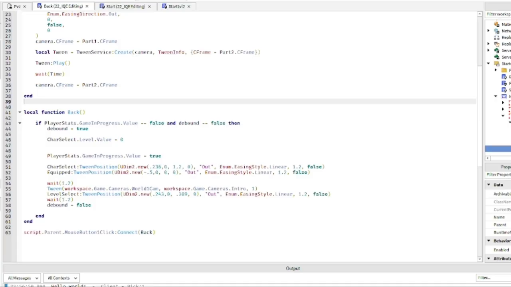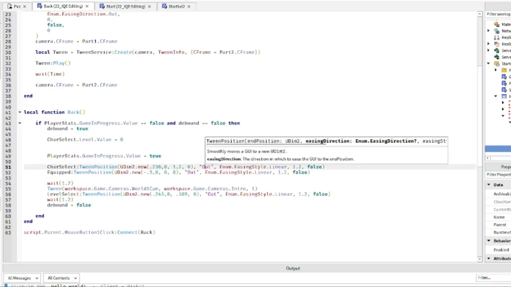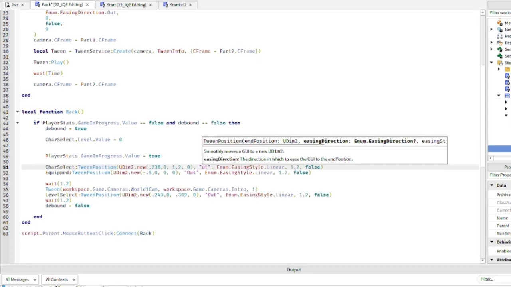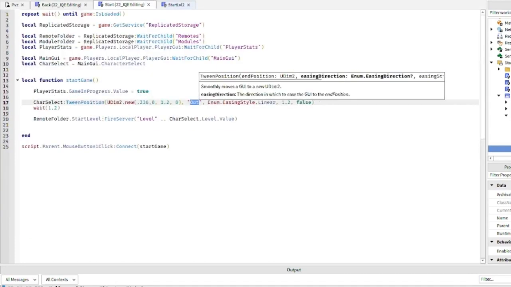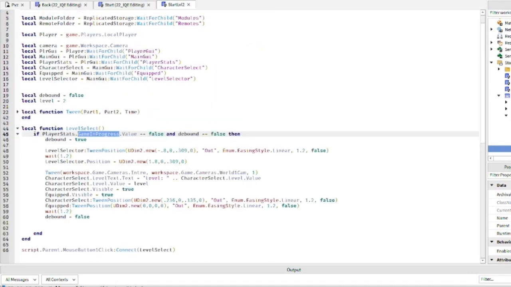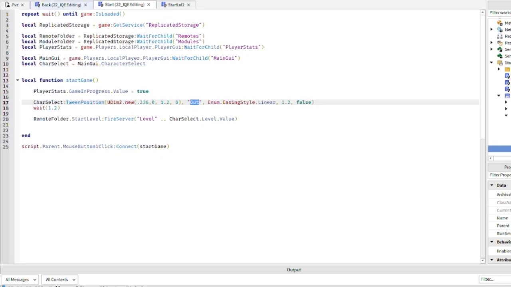Okay, so I found the bug last time. Oh yeah, it's 1 day later. I decided to get some sleep. You need to make sure you have out capitalized here and here. I didn't capitalize it there, hopefully you did. Every tween position you need to have it capitalized. And then also,